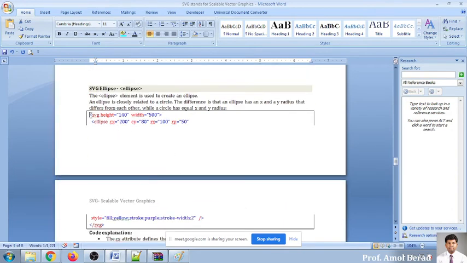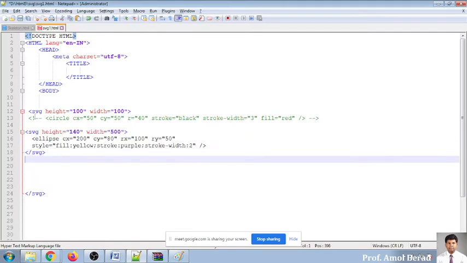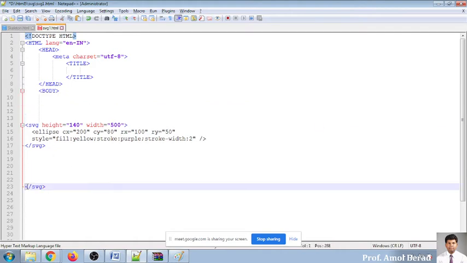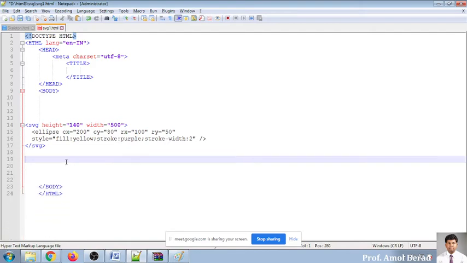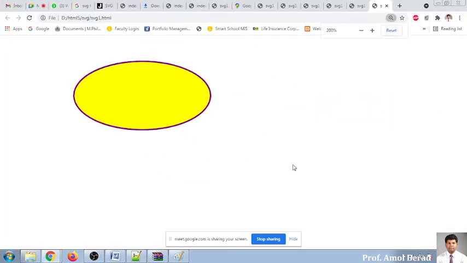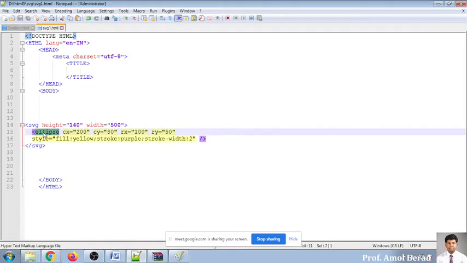Now what exactly is the ellipse? We'll copy this code and we'll show you what exactly the ellipse is. So you can use this in your SVG. So I'm removing this SVG because you have to write everything inside the SVG tag. Then only the output will be visible for you. So I've written it, I have saved it, and I have run it in Chrome, and you'll see the ellipse will be drawn. So ellipse is somewhat different. It's just like an egg-like shape, and you can draw this type of shapes with the help of ellipse. This is nothing but a tag.